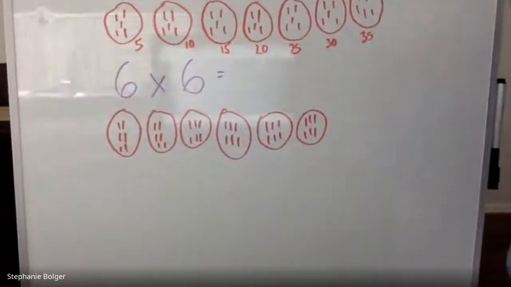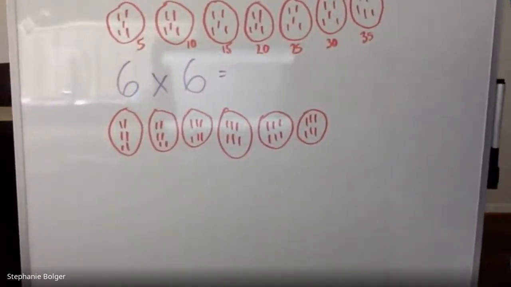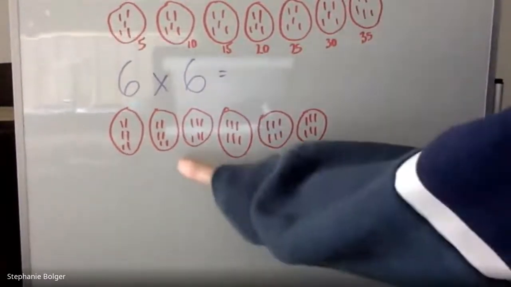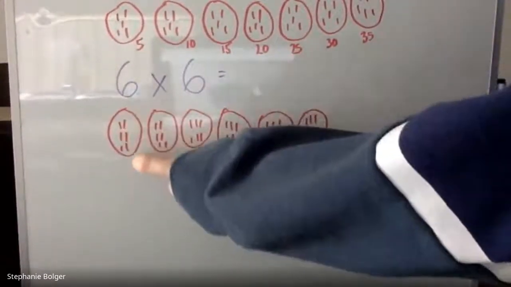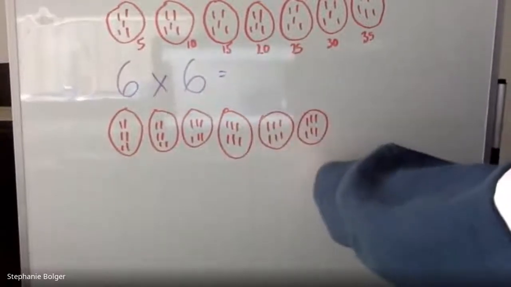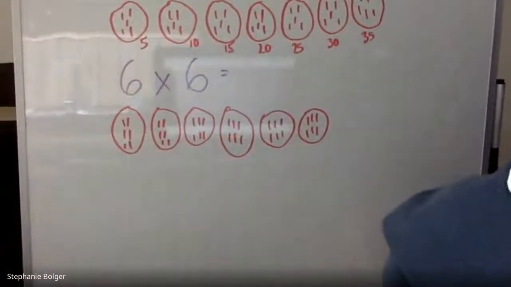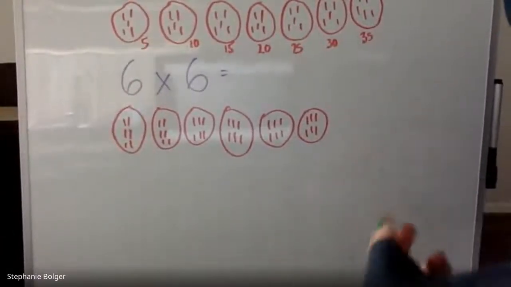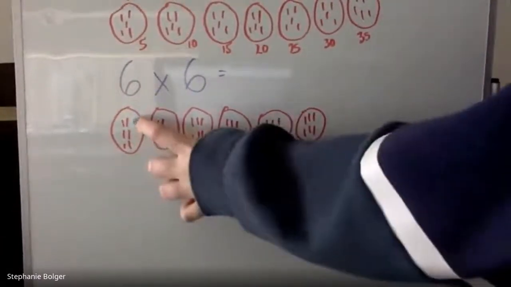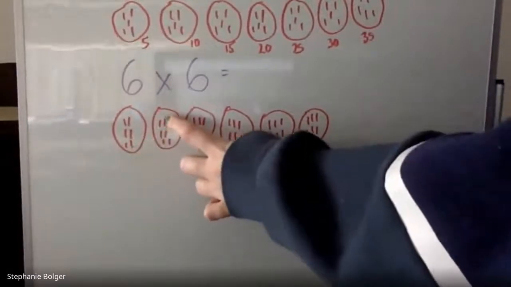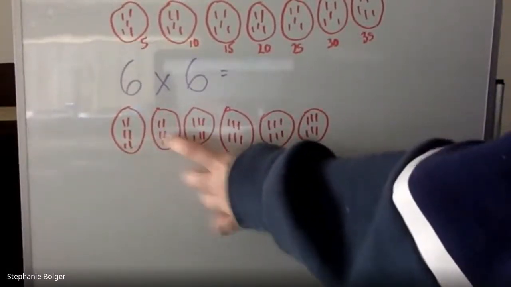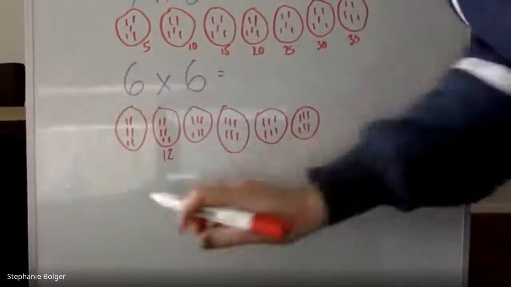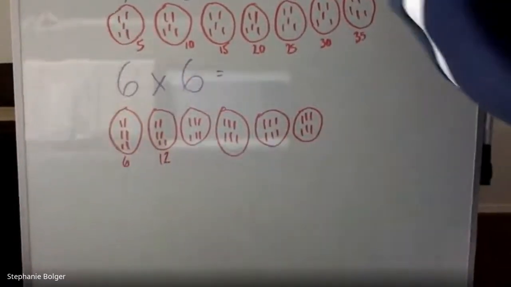Okay, if you don't know how to count by sixes yet, to count up and find the answer, that is fine. You can see we could count by 2s. We could count by 3s. I'm going to count by 2s, but you might choose to count by 3s, or if you know how to count by 6s, you could count by 6s. 2, 4, 6, 8, 10, 12. I'm just going to write a 12 underneath so I don't forget. I got to 6 there. 12,